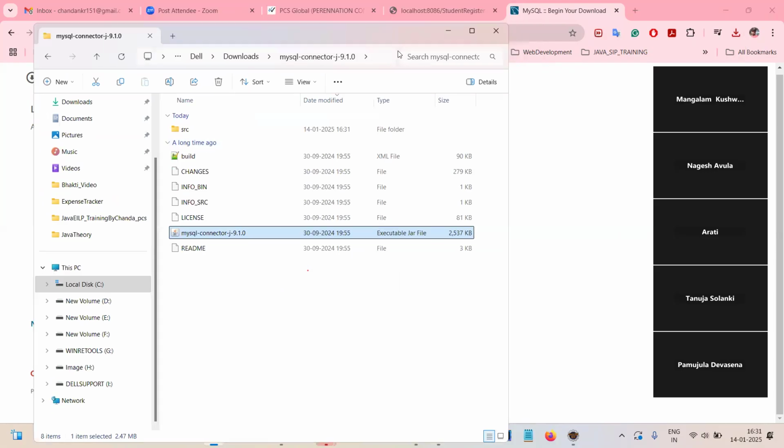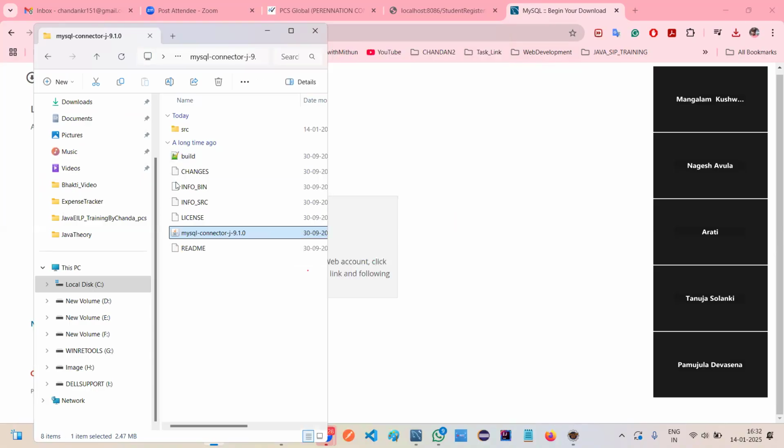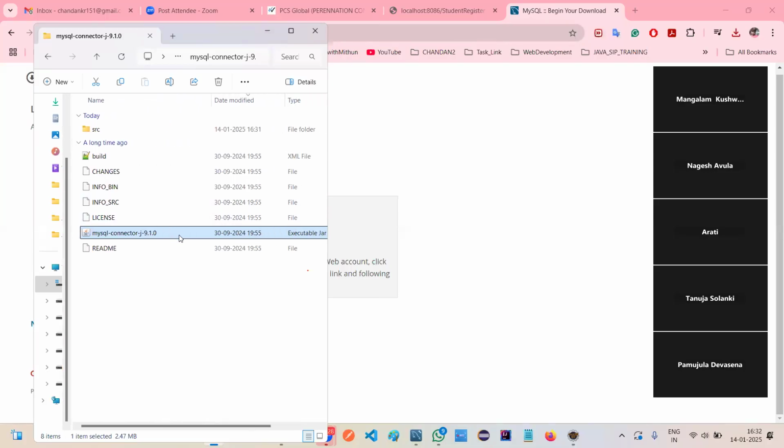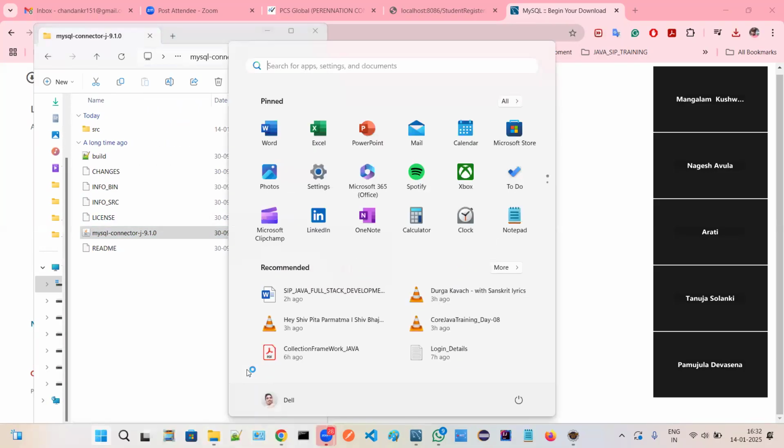How can we do that? We just need to attach it with our application, and you will have to do one configuration also. What is that configuration? In your environment variable,